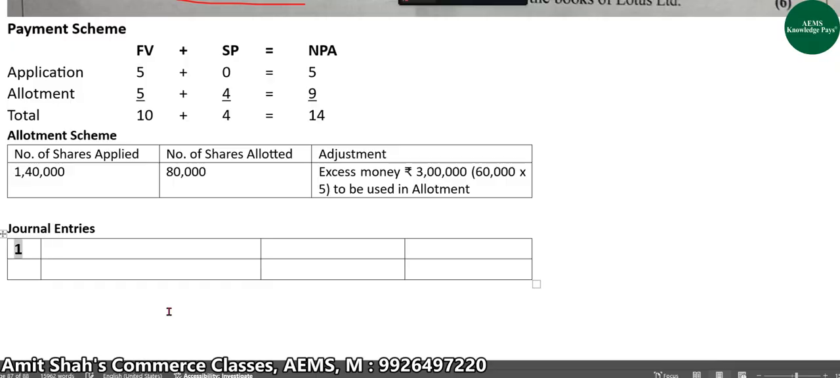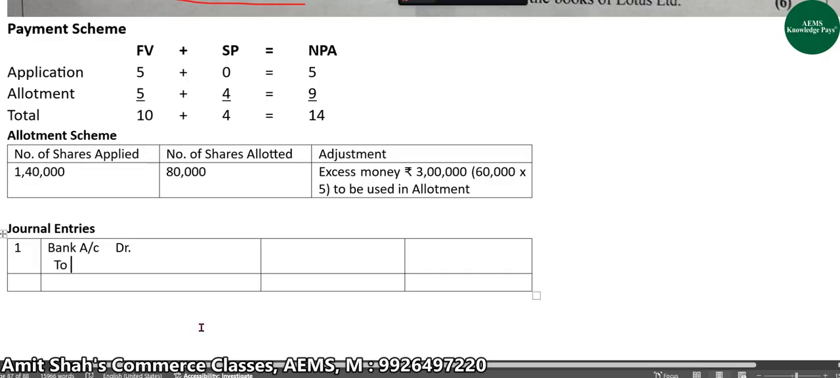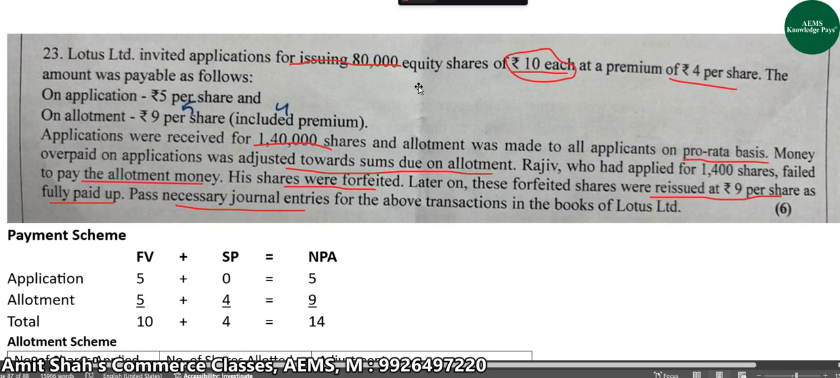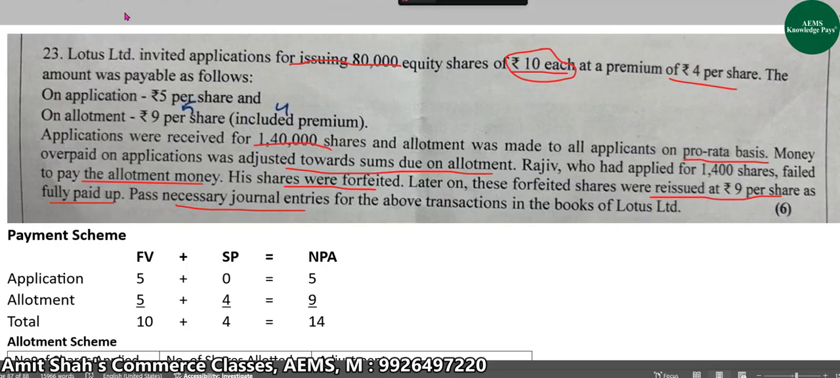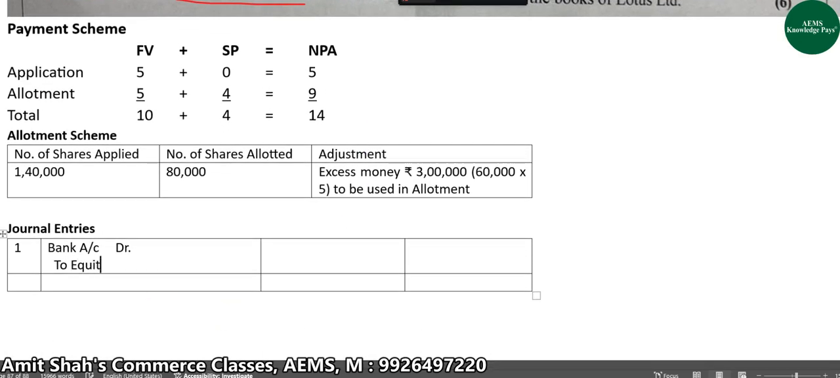The first entry would be of receipt of application money. So, bank on debit to... they have mentioned here that the company is issuing equity shares. So in our journal entries, we have to use the term equity. So here, the first entry would be bank account debit to equity share application account,